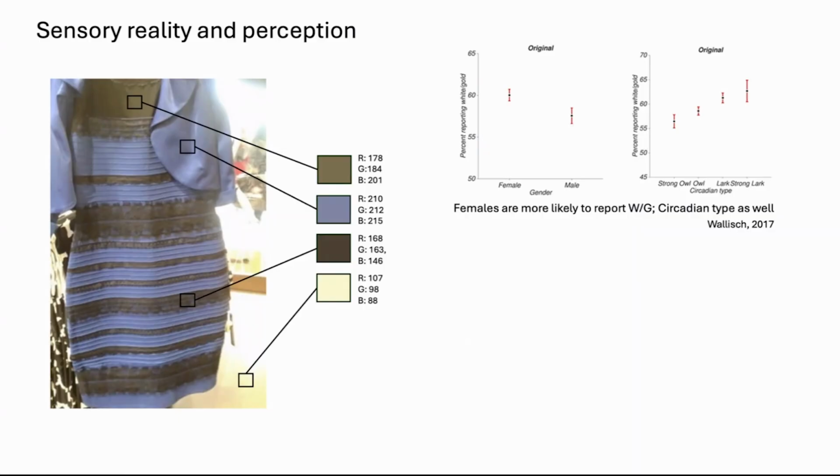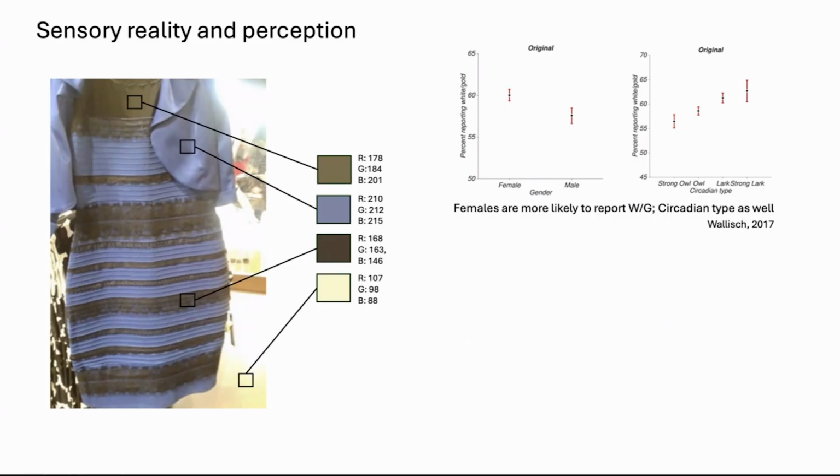But to me, the most interesting result is that your circadian rhythm, or perhaps more specifically, whether you tend to be a morning person or a night owl, also impacts how you see this dress. This is speculated to be a consequence of your exposure to light, which makes intuitive sense. If you see a lot of direct sunlight because you wake up early, then your brain is a little more tuned to images that are overexposed, such as this one. On the other hand, if you are a night owl, you are more exposed to artificial lights, and so your brain has experience with different patterns of lighting.